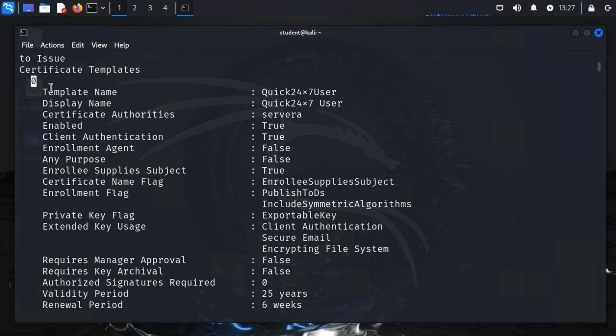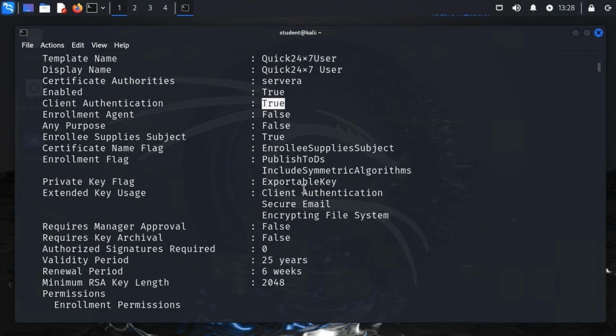So the very first template is called Quick 24x7 user. Again, I'm making a note of that because that's something I'm going to supply in one of my future commands. And then down below, they'll give you information about that template. So server A, it is an enabled template, which is important. It's used for client authentication,